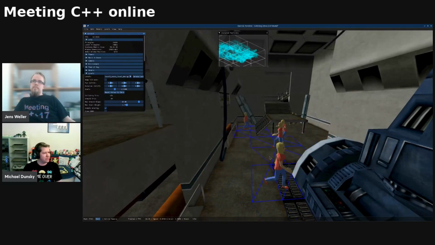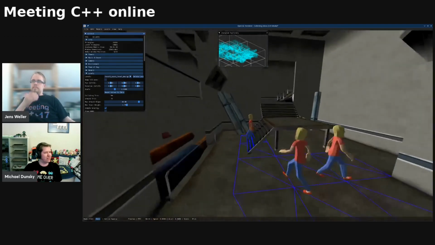But in a previous example, there's no problem in running hundreds of instances with animations and behavior with 75 FPS. Now I'm falling a bit down to 60. Yeah, so it's quite fast